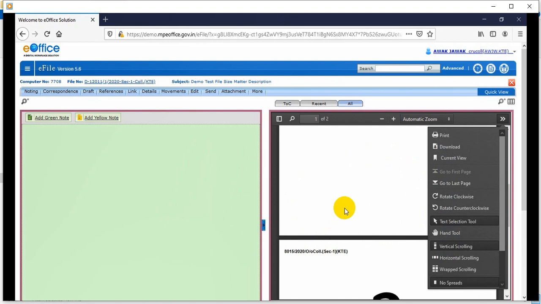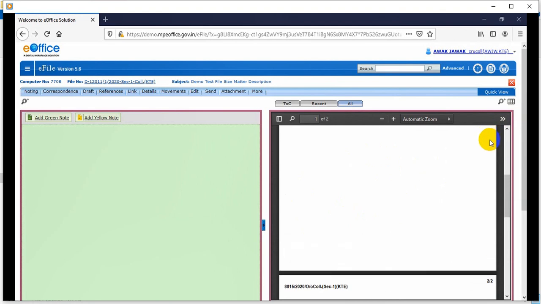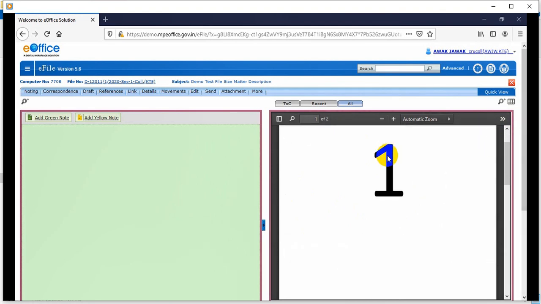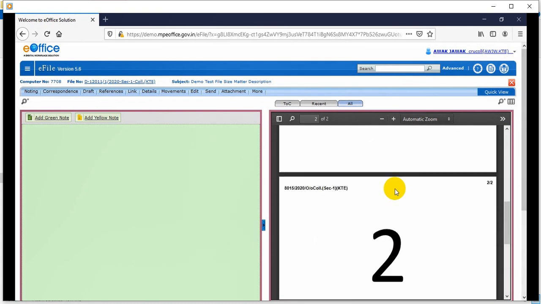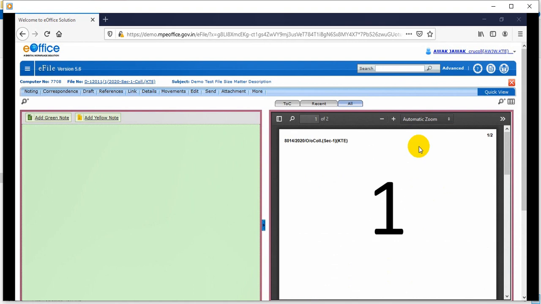So I think my purpose must be clear to you, that at any point of time to any file we can attach a new receipt related to the file. If a new receipt came to the office later, after creation of the file, or in our second scenario where we have partitioned bigger files into parts, so that scanning of different parts is done separately, then one by one they can be taken into the system to again make a single copy, as we see in the all tab. So partition can be done in any numbers to fulfill the 20 MB criteria.